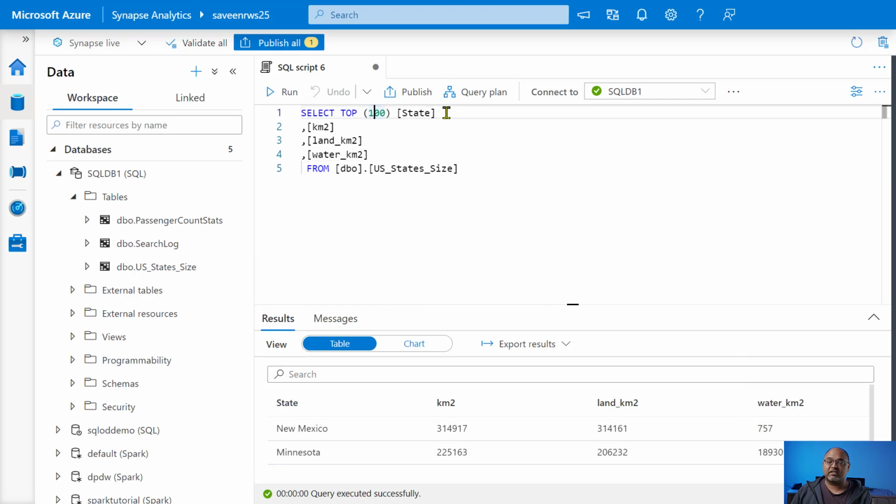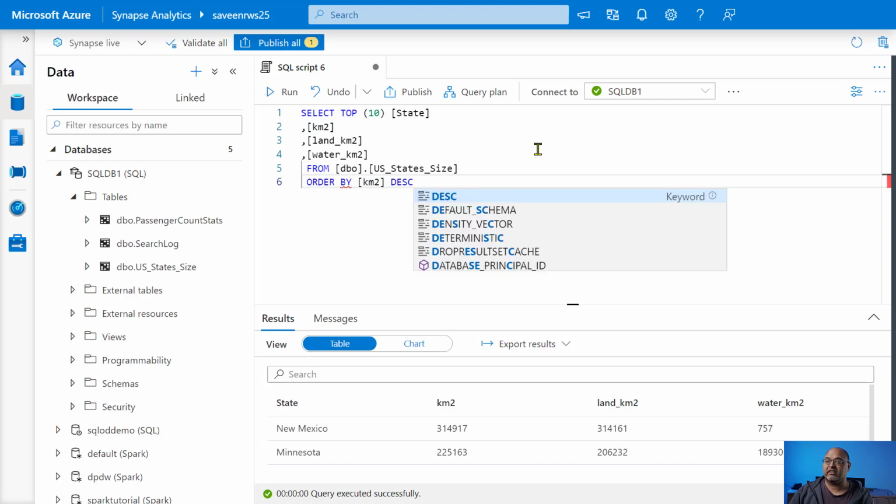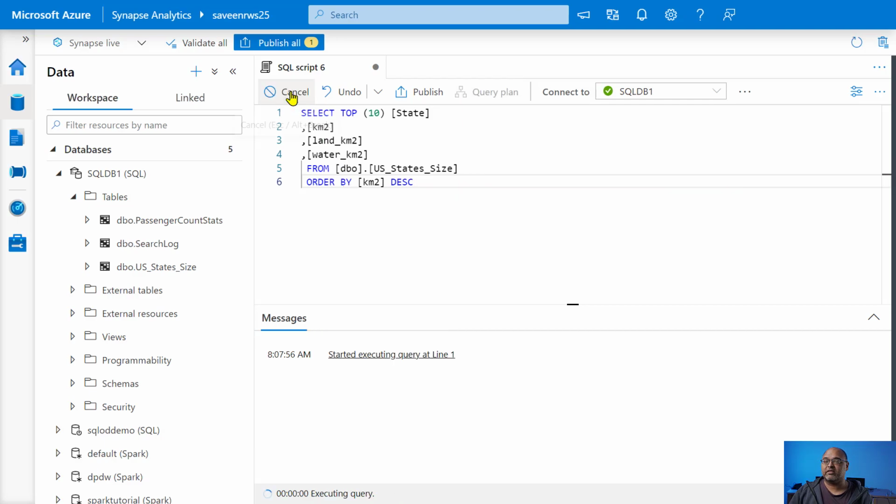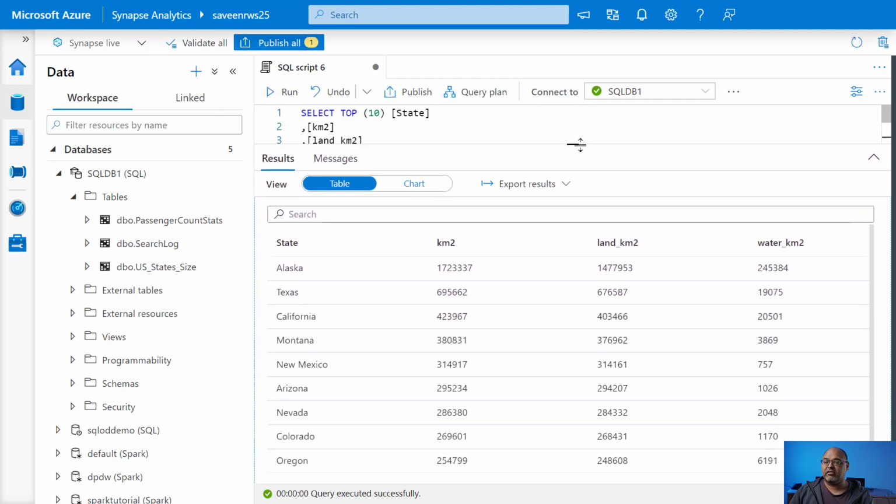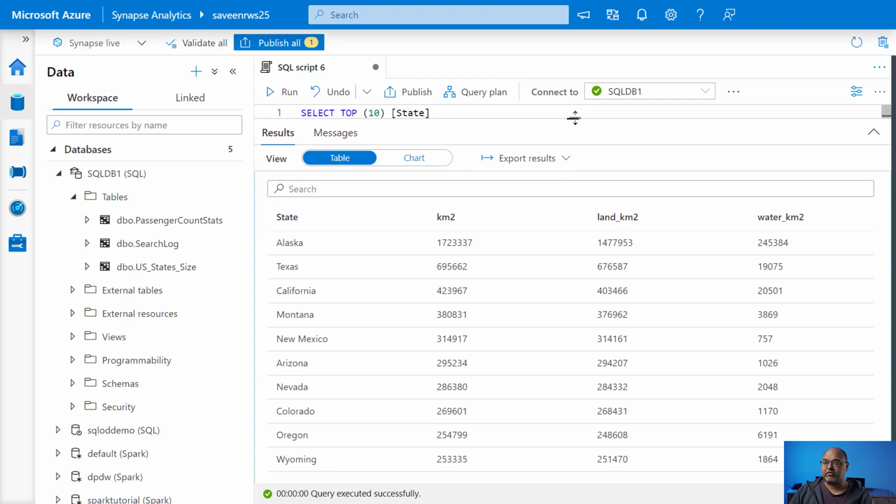And of course, first, since I'm going to do some charting later, I'm just going to get the top 10 rows. Let me run that. And then, again for the charting purposes later, I'm going to need this data to be sorted. So I'll order by the KM2 column, which of course is kilometers squared, and that's the total size of the state, including land and water. And I'll sort that descending. There we go, and let's run that. Okay, so we see we have our results, and we have 10 of them, and it's sorted correctly now by